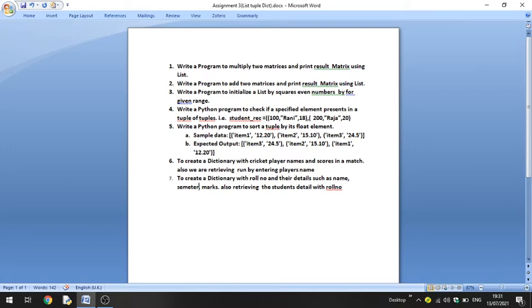We will print the entire dictionary, and we will also retrieve a particular student's details by giving a particular roll number. So let's start.